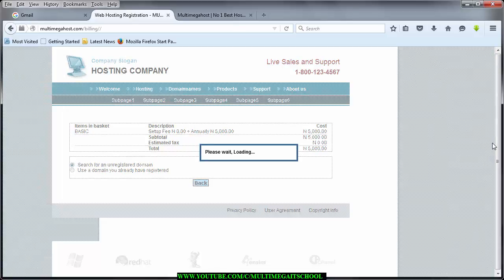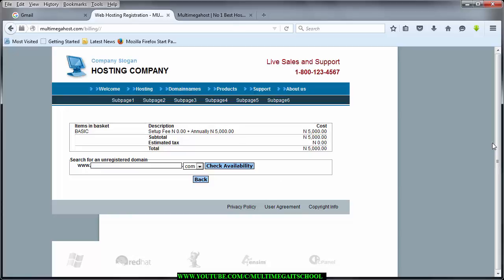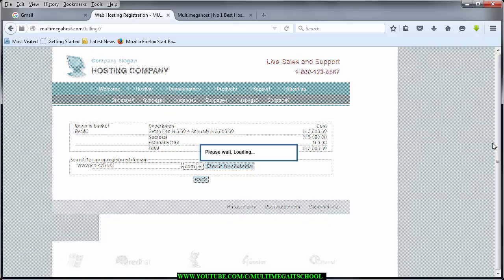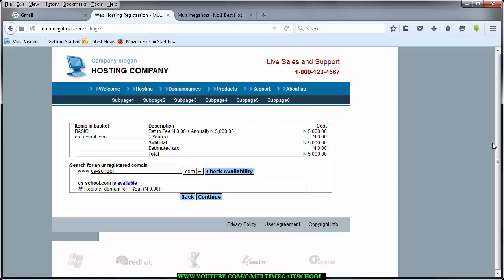And if you have a domain name already, you can choose use a domain you've already registered. So then I will search for a domain name like CS School. I will choose .com because .com is free. Other ones you pay for. So I'll say check availability. You see csschool.com is available. Then I'll register it for 1 year at